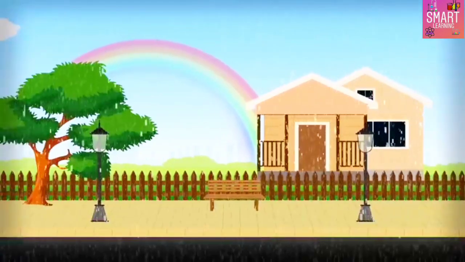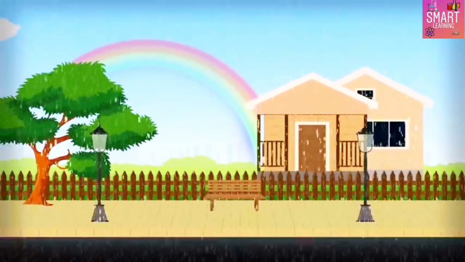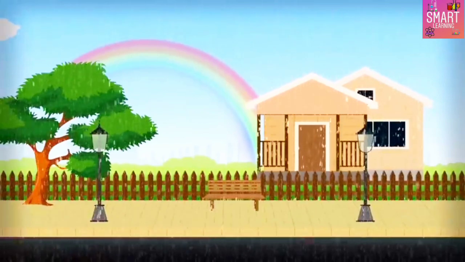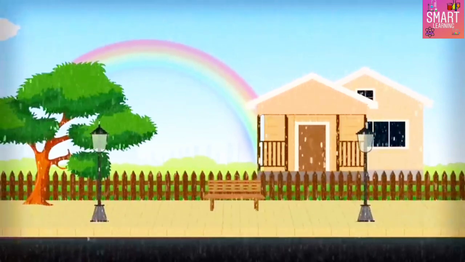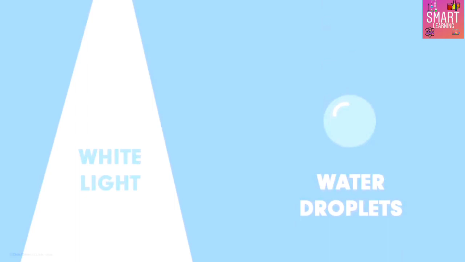The two things that are required for a rainbow to appear are white light and tiny water droplets. The latter is quite important for its formation. In the rainy season, many water droplets are present in our atmosphere, and hence we mostly see the rainbow in the season. Okay, how do these two combine together to form a rainbow?